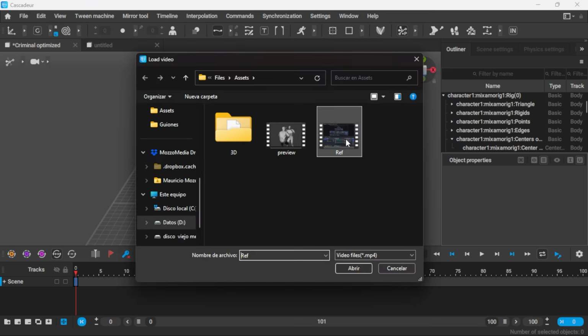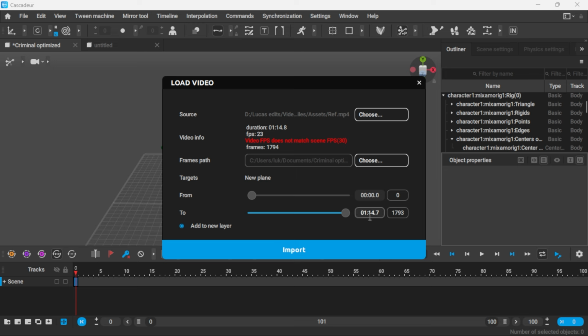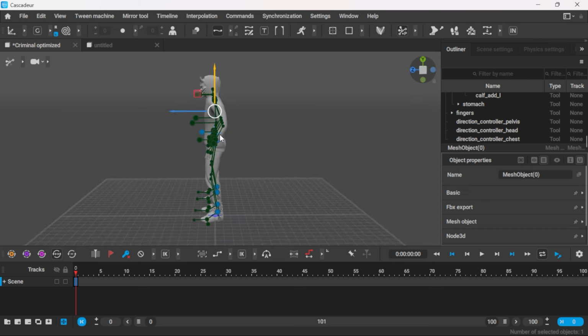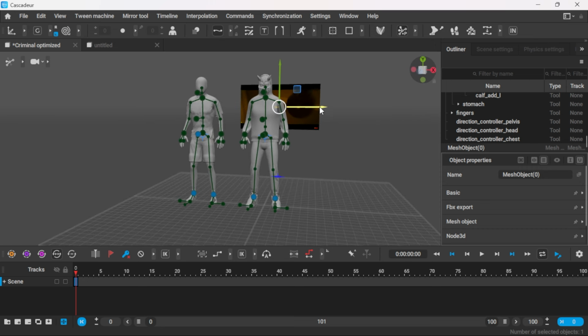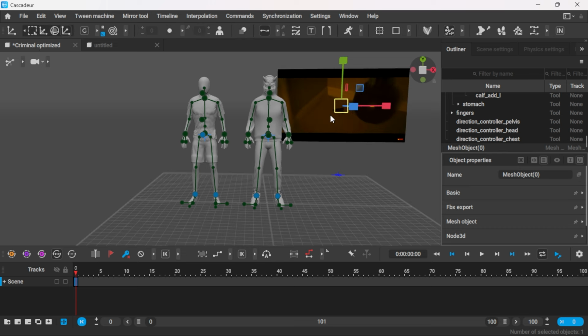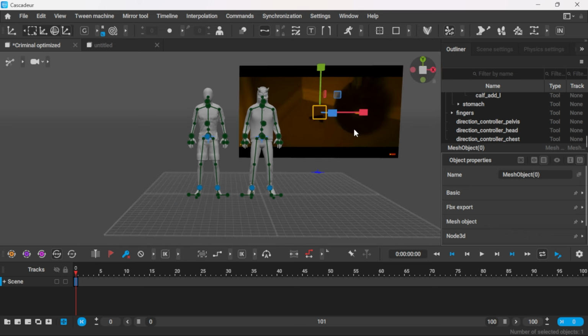Then you choose a file, and in this case I filmed the fight scene from the Thinker video, so I'm just going to open this, and then you have to select the timestamps where you want your animation. In my case it was from the minute 1:03 to 1:08, and now import. And now you will be able to position your reference video however you want. In my case I just position it roughly right here, and then here you have these transformation controllers, and here you have the scale, so you can scale this up a little bit,